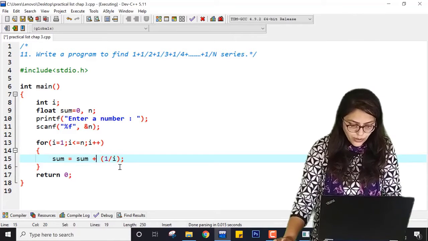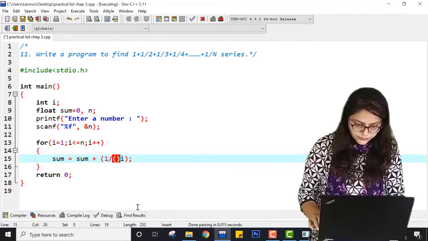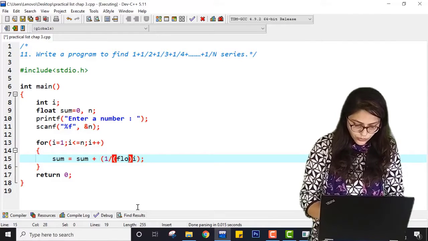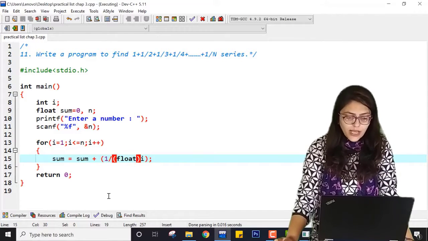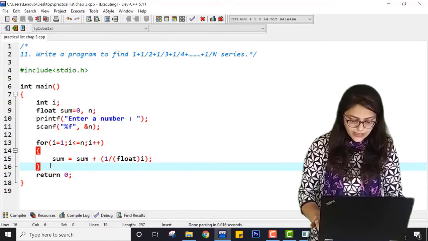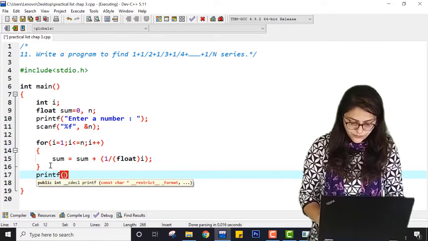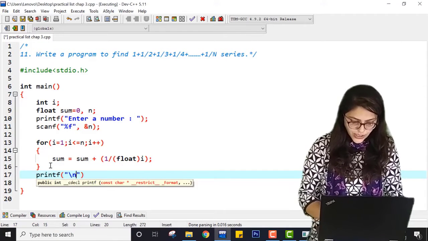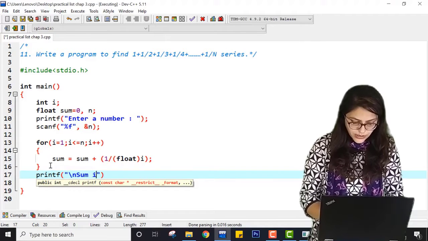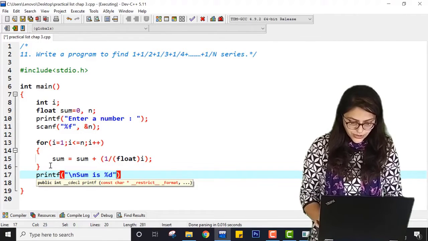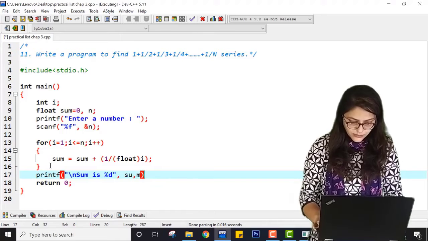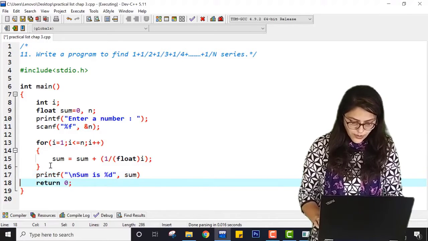That's why I have to write float, so that this is called typecasting. And here printf, sum is %d, sum.